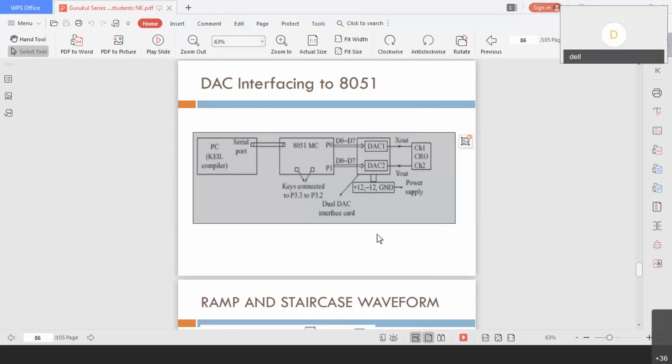The additional block shown here is a DAC, which is required to work with the external world, that means digital to analog conversion. Whatever digital value you give, the corresponding analog voltage comes out of the DAC and will be connected to a channel for observation. Since it is a part of our lab also, we are supposed to focus on this.